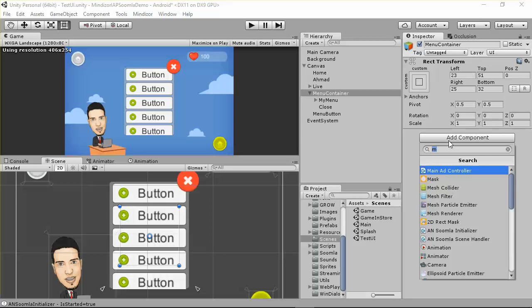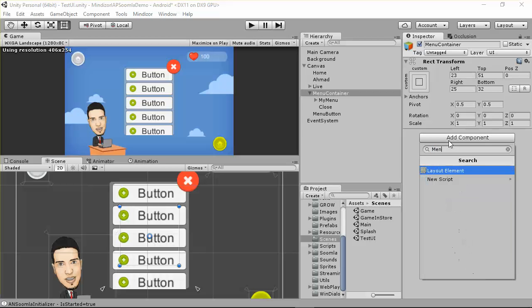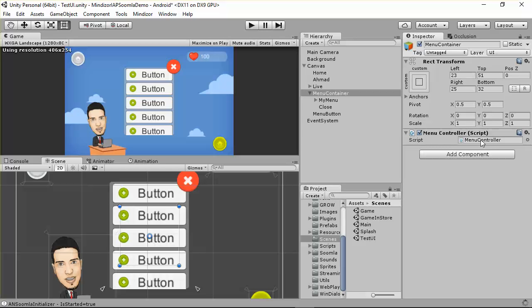I'm just going to name it menu controller. Let's say menu controller, like that, in new script. So create and add, and after that we're just gonna have a menu controller here. So double click on the menu controller,